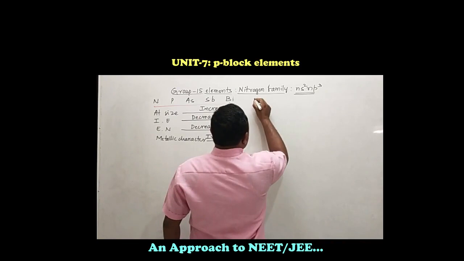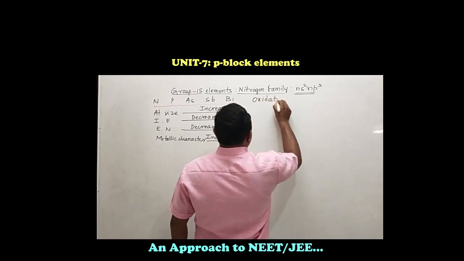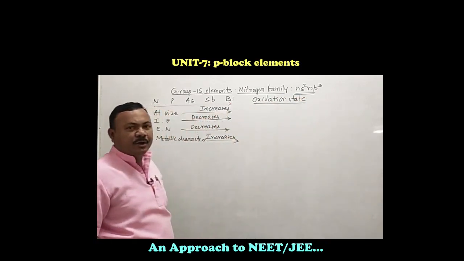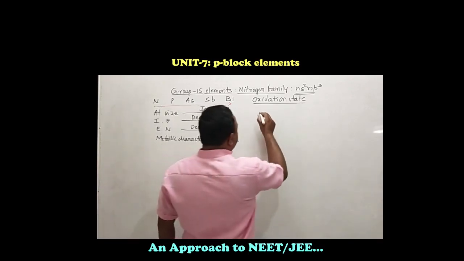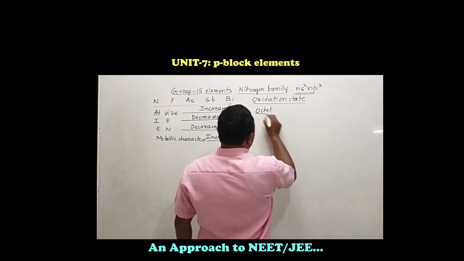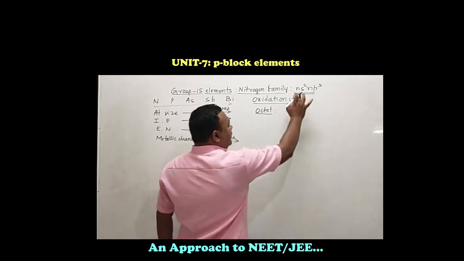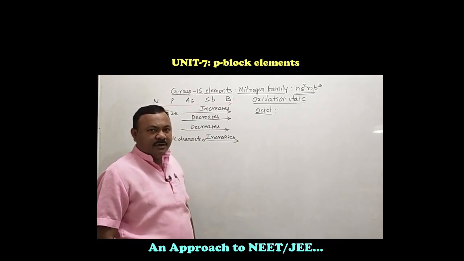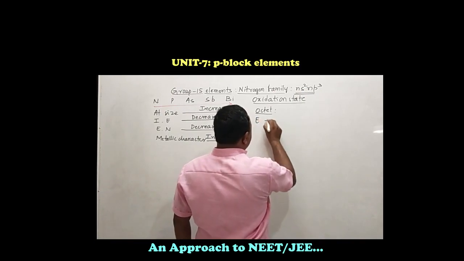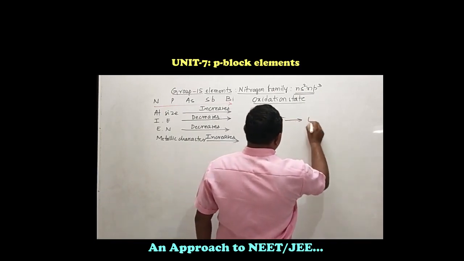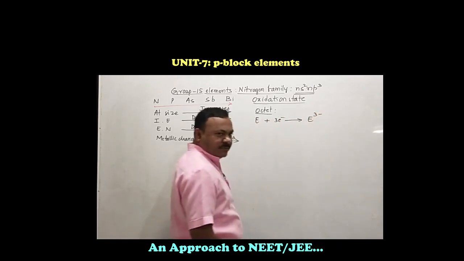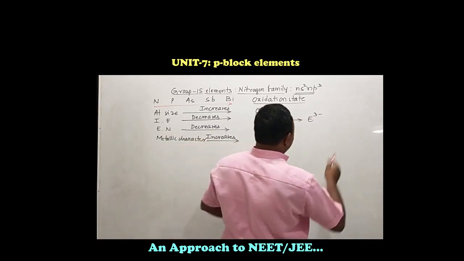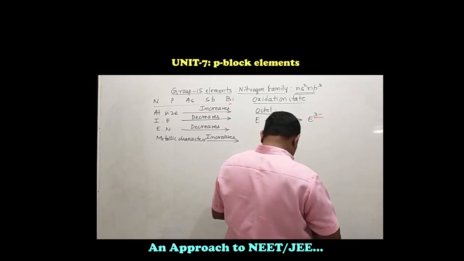Now after this, let us see how to write the oxidation state. We can write the oxidation state of group 15 elements easily based on the valence shell electronic configuration. See, for completing the octet, all these elements require 3 electrons. 5 electrons in the valence shell and we require 3 electrons for completing the octet. If the element gains 3 electrons, it converts to an anion with a charge of 3-. Octet gets completed. So we get one negative oxidation state, which is 3-.